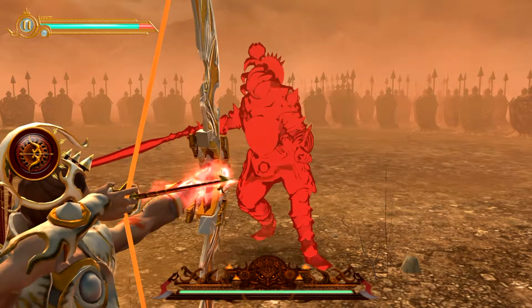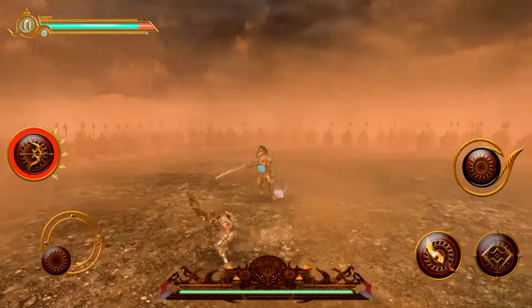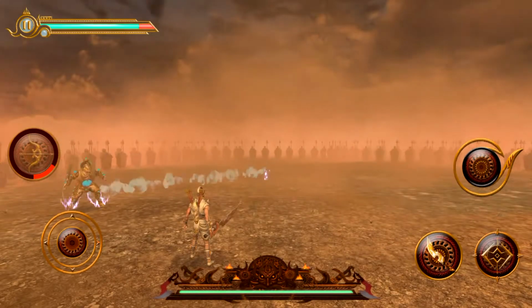So what you can do is you can tap, unfortunately my opponent's too close, but you get a maximum of 5 shots, and you can tap anywhere on the screen on a character that's red, and once you resume time it will fire the shots. Let's see if I can get far enough back here. There we go. So you see here, you have 5 shots,